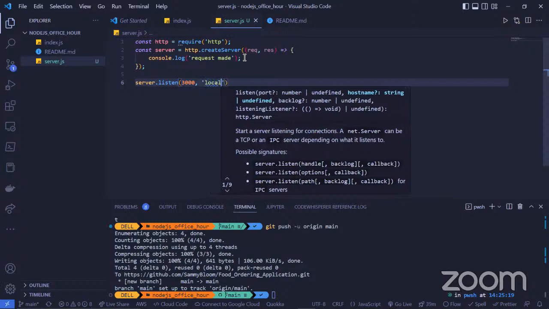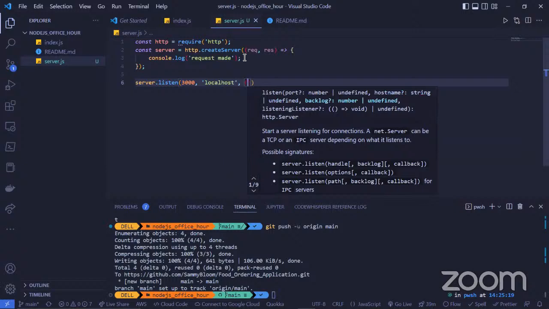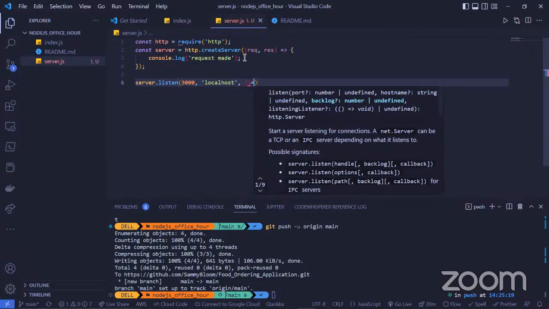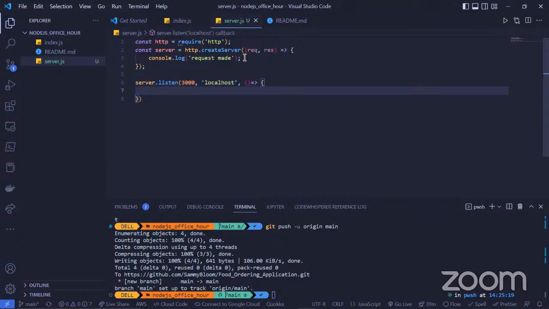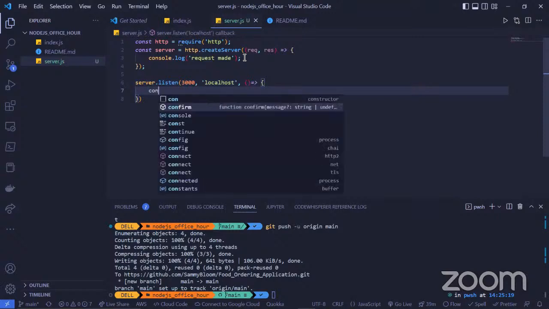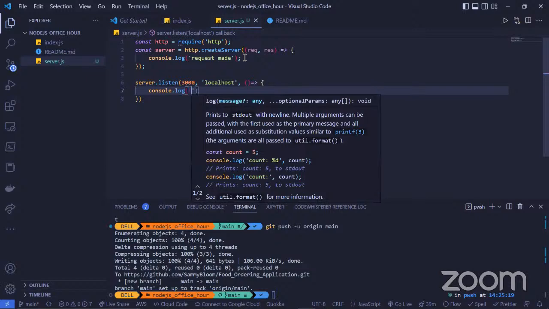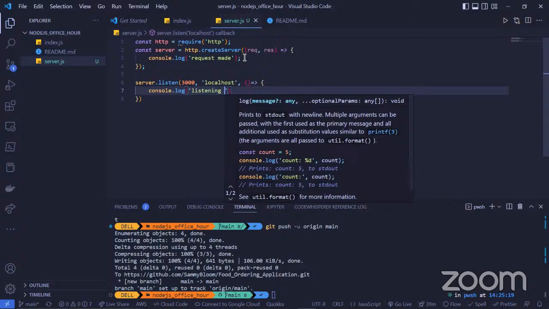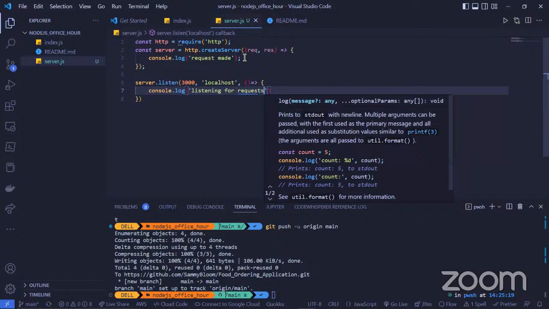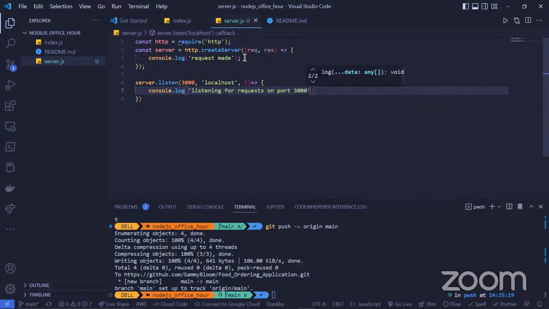And this is the way to do it: server.listen on port 3000, localhost, and I can console.log and say I am listening for requests on port 3000.